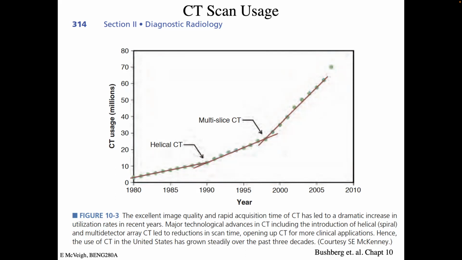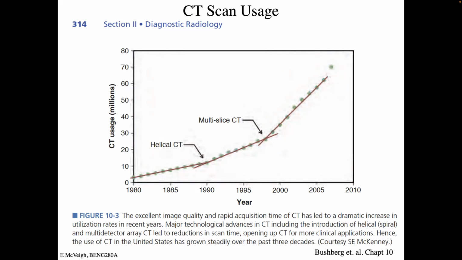Before that, they were all ribbon cables, as you have seen, and you plug it into the thing and then you run the ribbon cable. So you can't rotate that continuously, right? That winds up, and so you have to wind it 360 and wind it back, and then wind it 360 and then wind it back. And so that took forever, right? Helical CT, and Siemens was basically the proponent of this. They came up with these